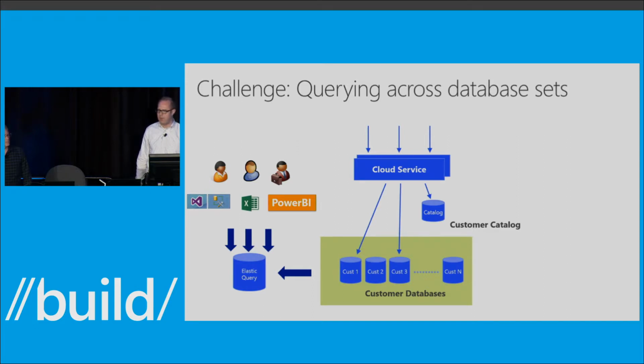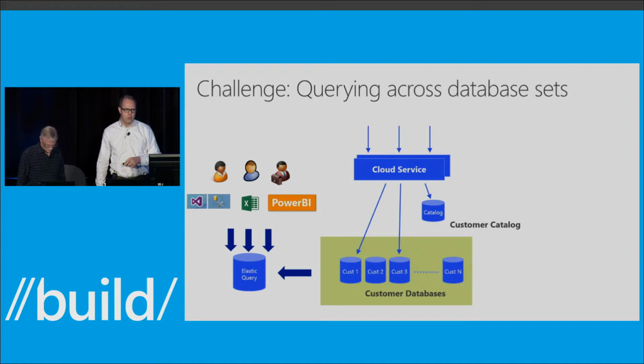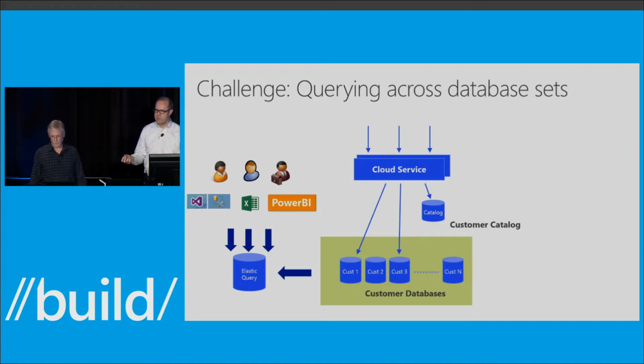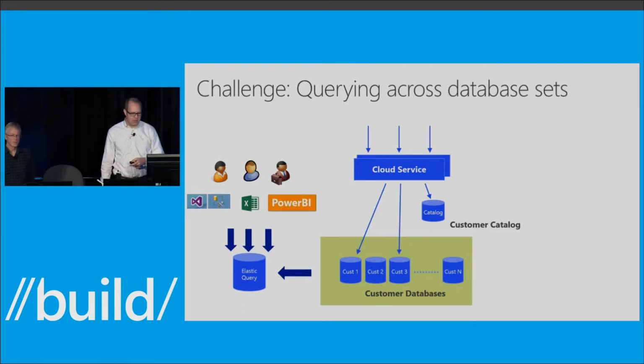So imagine you have tens or hundreds of databases, how complicated it would be to manage the different connection strings individually, to open up the connections programmatically or through a script, and then put all the results together in one place. So to address these challenges, we announced earlier in the keynote on Wednesday Elastic Database Queries,